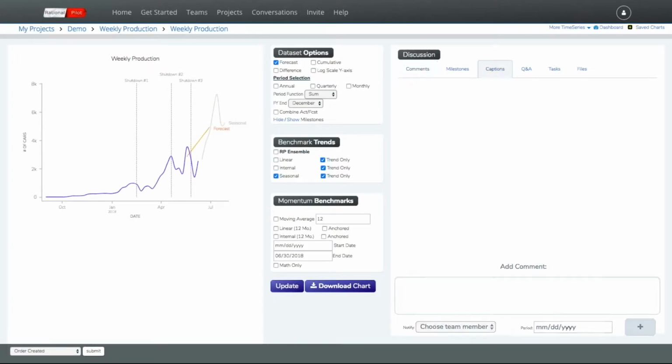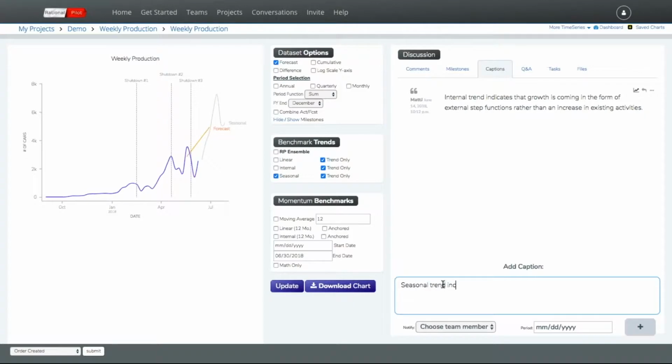So let's put a little caption in here that talks a little bit about what the seasonal trend line is indicating. So seasonal trend indicating that the rate of the next step function from the third factory shutdown should be sufficient to meet